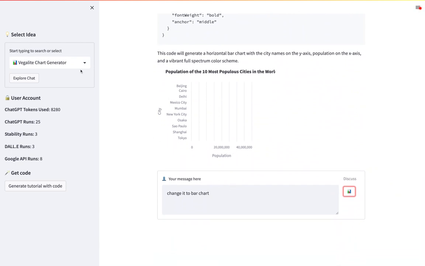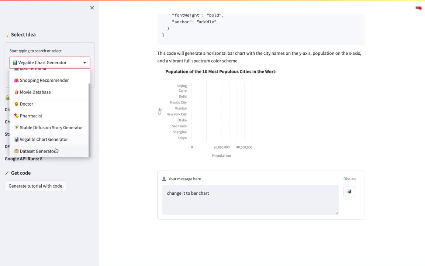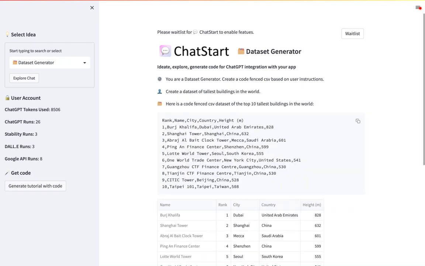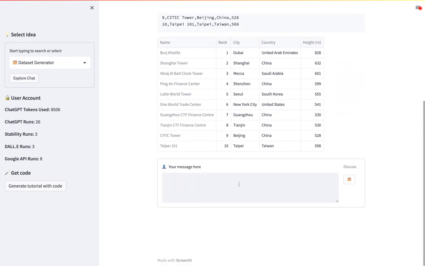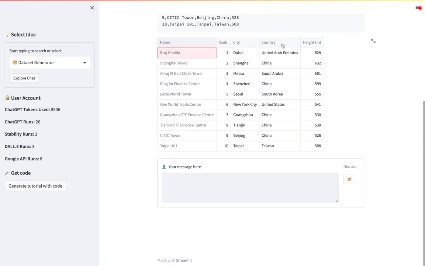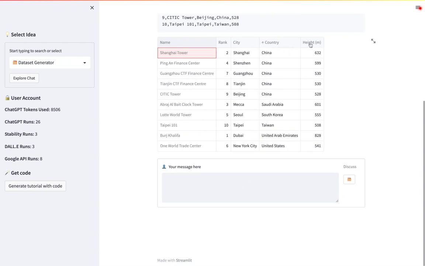But for now, let's move on to another example where we are actually going to generate a data set interactively. Let's say you're starting a data science project on tallest buildings of the world, and you're looking for a custom data set to use with your Jupyter notebook. So you can actually ask ChatGPT to create that data set for you right here. It has height, and this data set is actually an interactive pandas data frame that's been generated, so you can sort it,